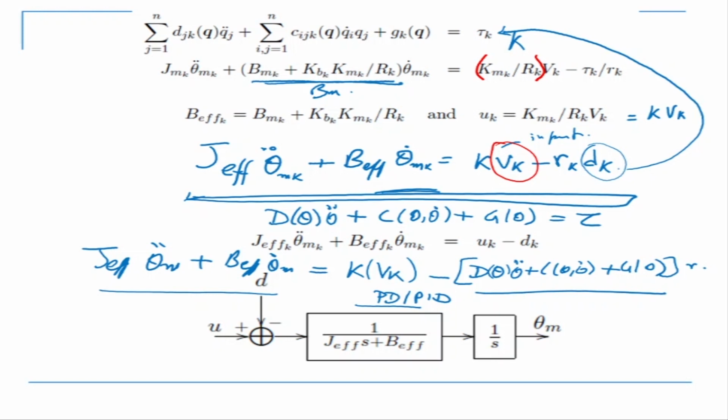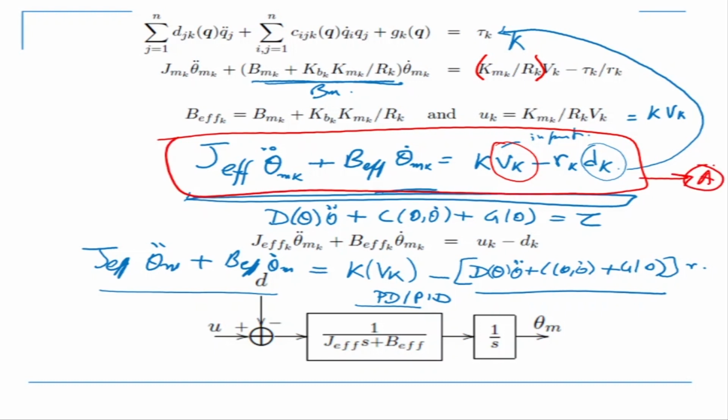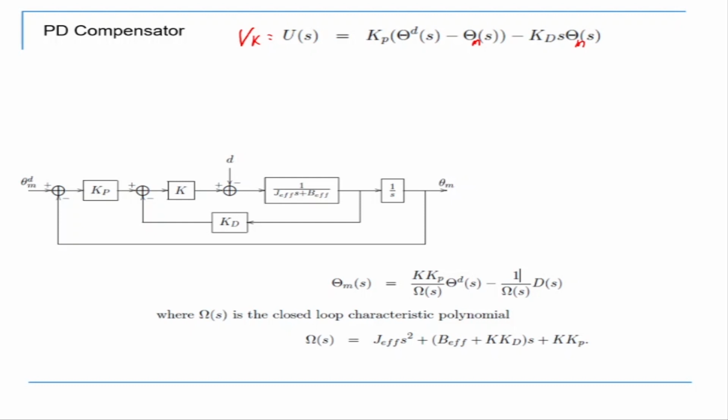Okay, that is going to be my controller. But please remember this equation because we'll be coming back to this equation repeatedly. Let's call this equation A. So when I decide a controller, I will design the controller, put it in Vk, then look at the transfer function, look at the characteristic equation, and then try and see whether the poles are on the left side, the right side, how it is.